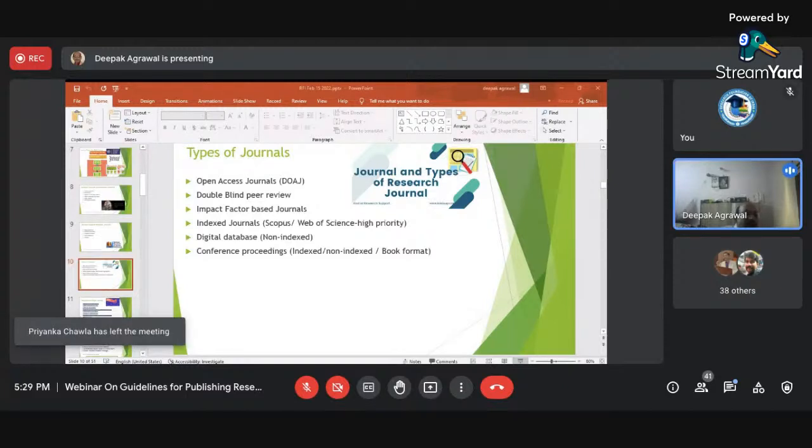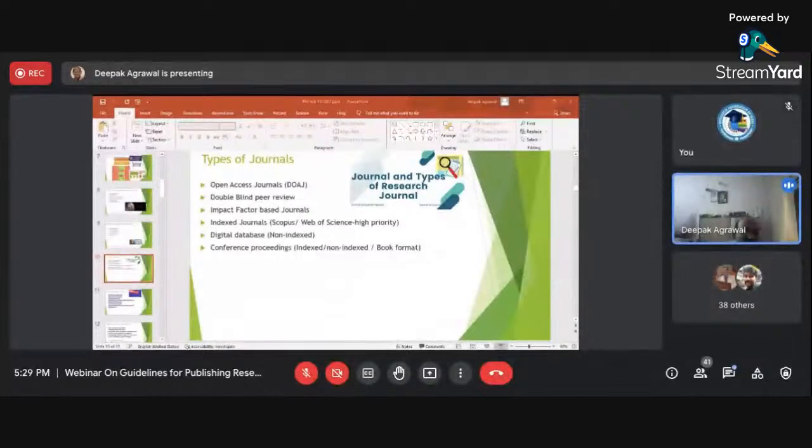The next type of journal is the index journal. This is what the authorities are now expecting. Your paper must get published under Scopus, maybe Web of Science, which is of very high priority, and the level is also very high. They are going to publish your papers only if they have a real outcome or are beneficial to society. The real research must be in your paper, then only they are going to accept it.